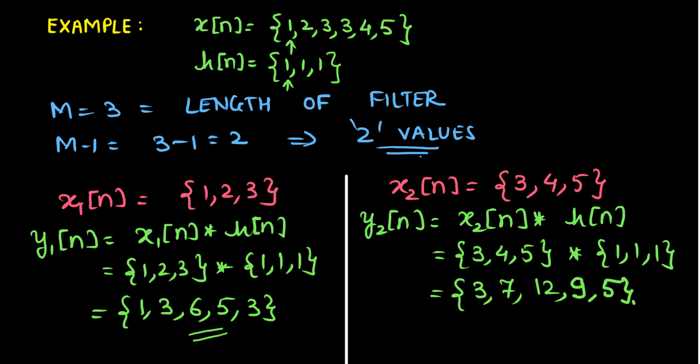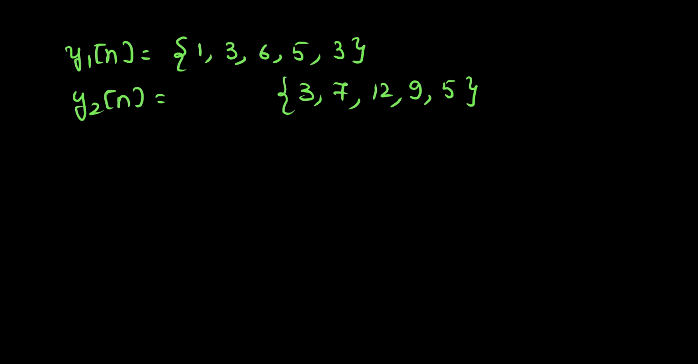Now if we observe the value of m minus 1, that is equal to 2. So we have the value of m minus 1 as 2. So we need to combine the last two values of y1 of n and the first two values of y2 of n and simply add them. So basically we need to add these two values as well as add these two values, and when we do that, the final output that we obtain is